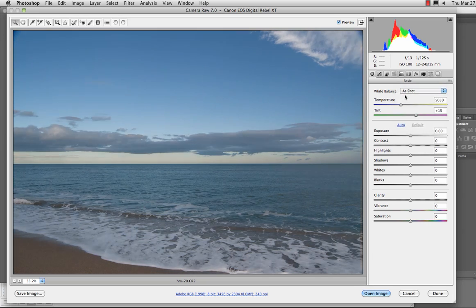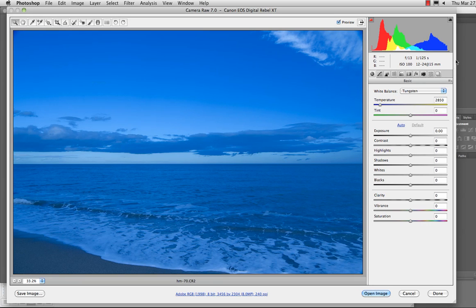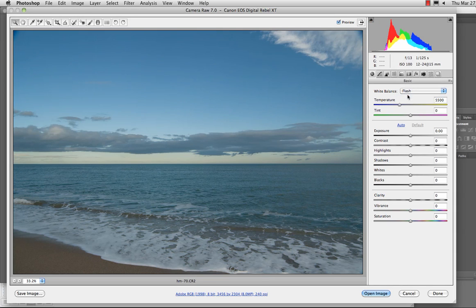So you can see, as shot, temperature slider, auto, brings a lot more yellow into it. If you go through some of the presets, you may say, oh, that's a little too yellow, this may be considered too blue, also too blue. Okay, so I'm going to go to as shot. That is kind of cold. If I go to auto, it will warm it up a great deal,